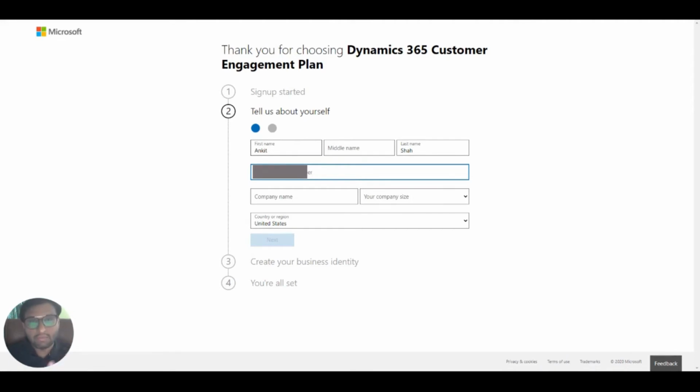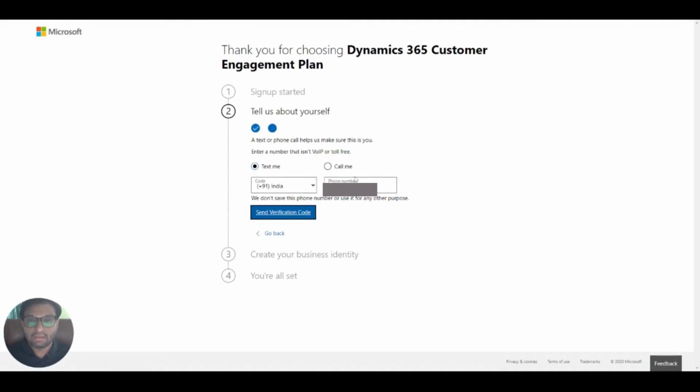One verification code will come on your mobile, and then you can log in and go ahead. Let's give my company name, let's say Dynamic Power 101. Company size I'm selecting randomly. Here I'm selecting India. When I click on next,